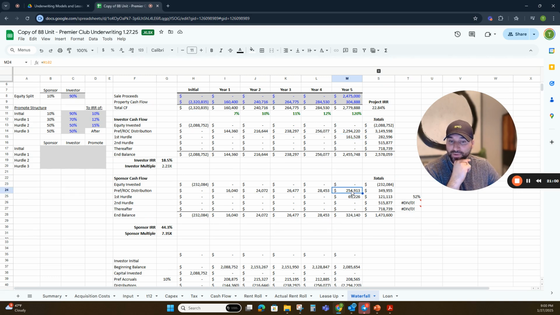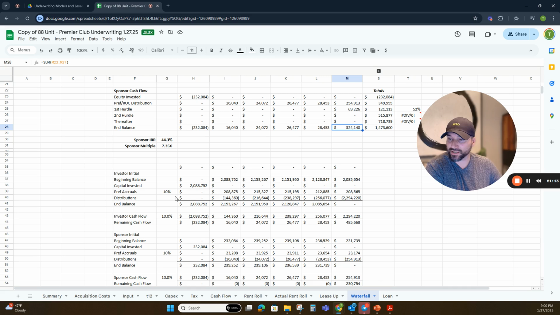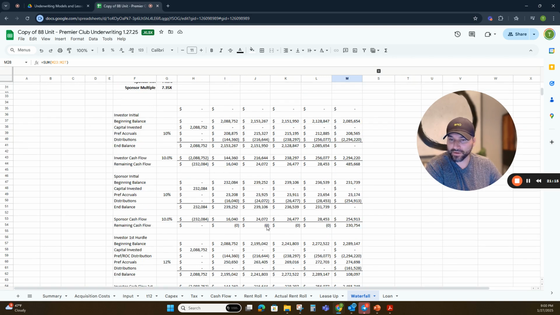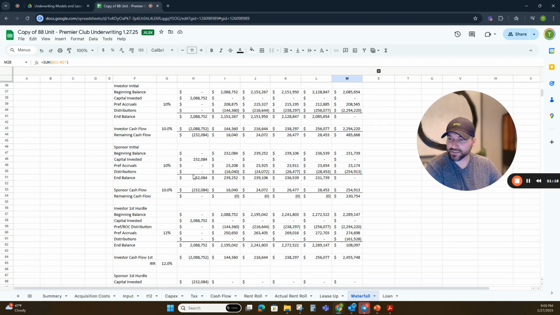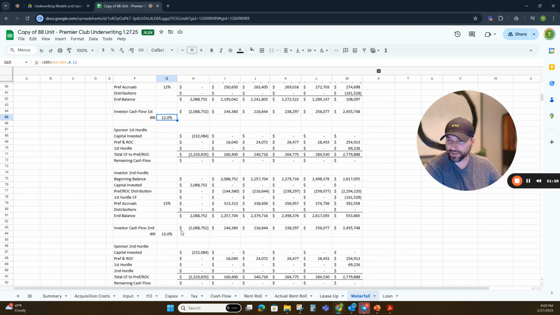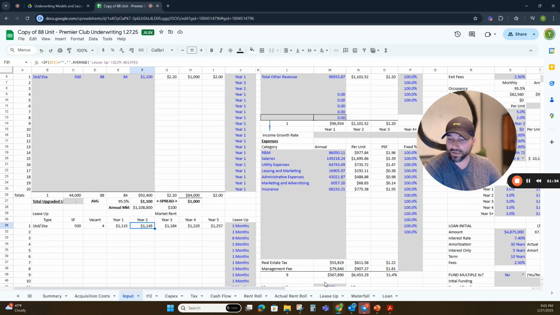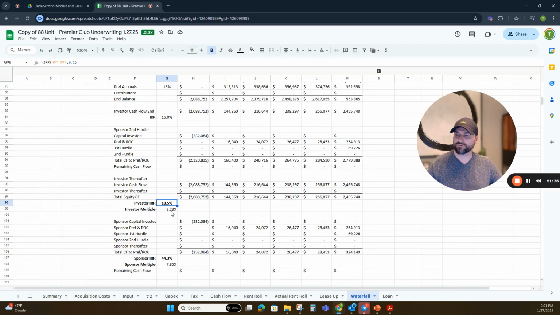And now the sponsor is getting $324,000 from their initial, as part of their initial distribution of hitting the first hurdle. So you'll see here, and this actually breaks it down a little bit better, because it looks like at the 12% IRR, yeah, see each hurdle is addressed right here. So we got 15 right here, IRR to a 15. And then this calculates your investor IRR, which again comes from, guess what? The input tab, right? So here's your waterfall. The investor multiple,